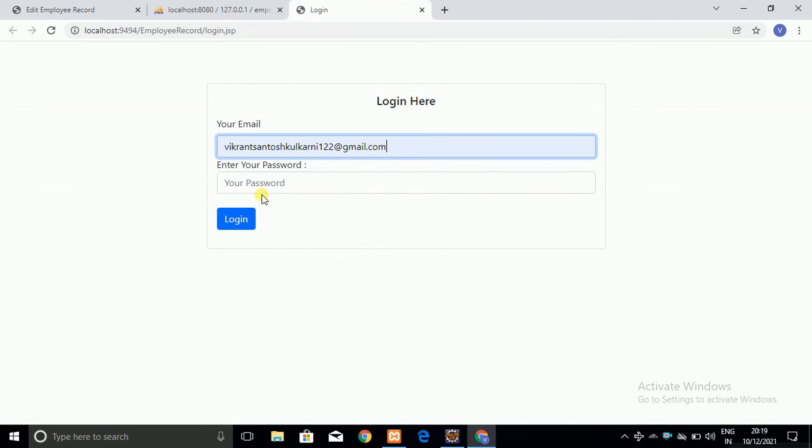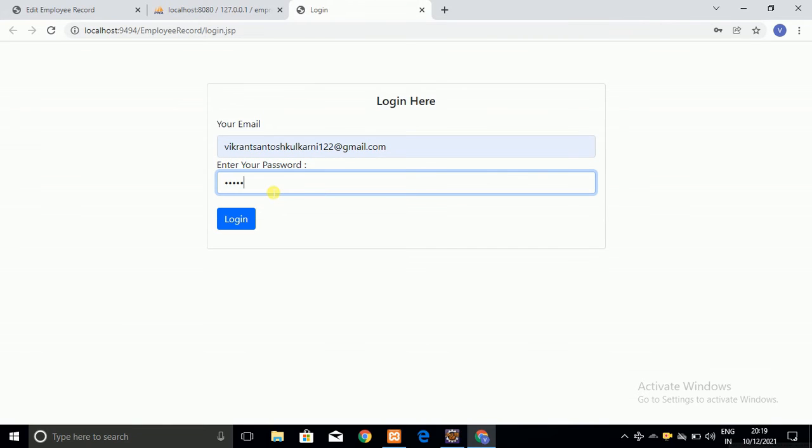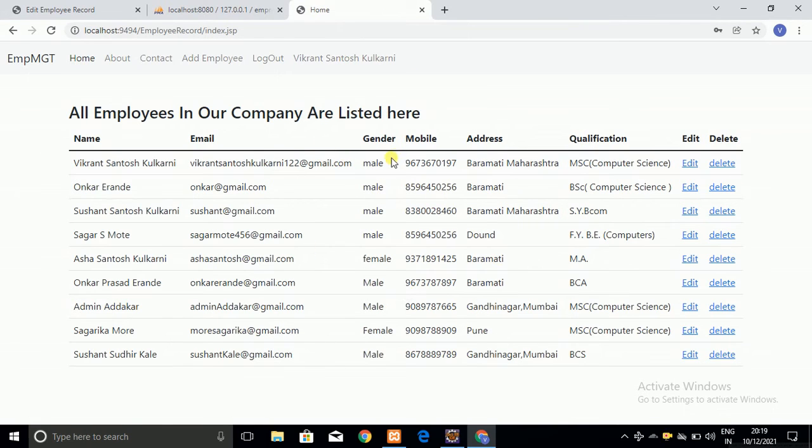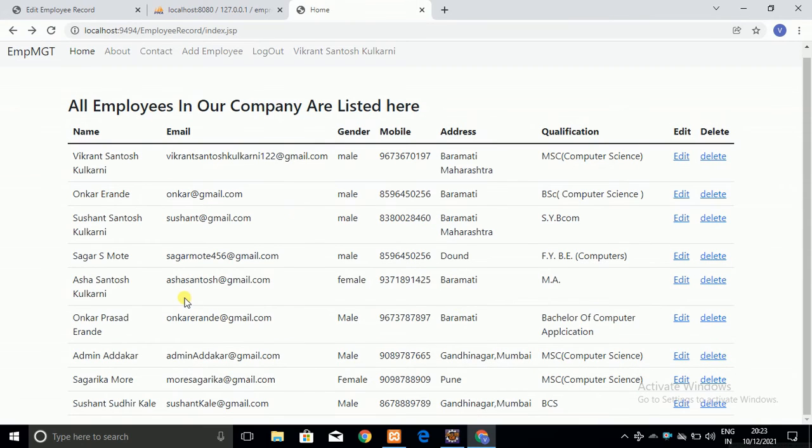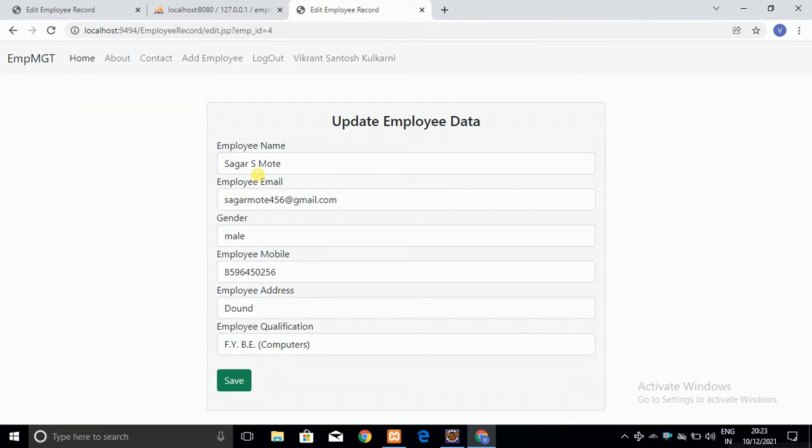Here I have run this, so I have to log into the system, and when I click on the edit link here, let me click on any of the links. Suppose I click this link. Click on edit, and all the data appears here, and I am going to make some changes in it, and let me change the qualification also.